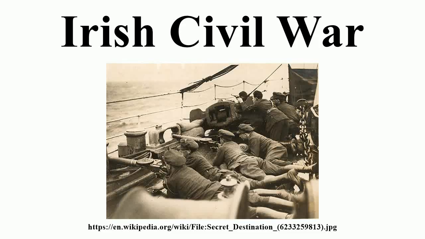The Irish Civil War followed the Irish War of Independence and accompanied the establishment of the Irish Free State, an entity independent from the United Kingdom but within the British Empire. The conflict was waged between two opposing groups, Irish Republicans and Irish nationalists, over the Anglo-Irish Treaty. The forces of the Provisional Government supported the treaty, while the Republican opposition saw it as a betrayal of the